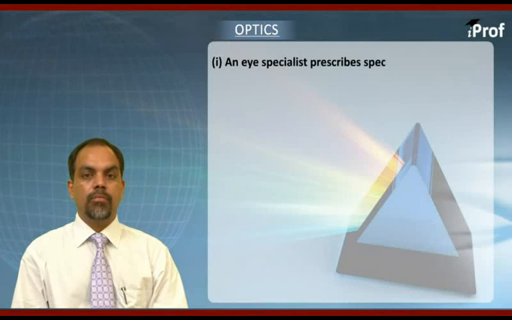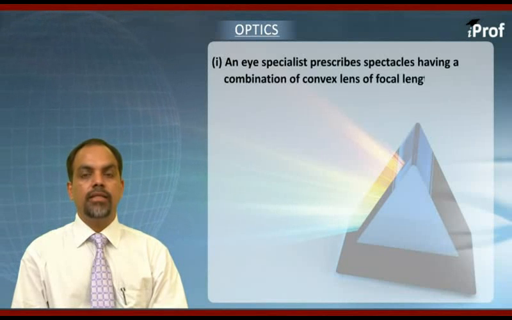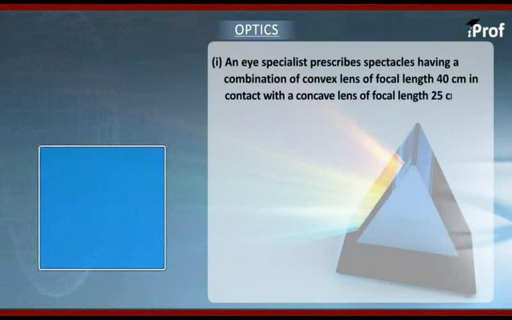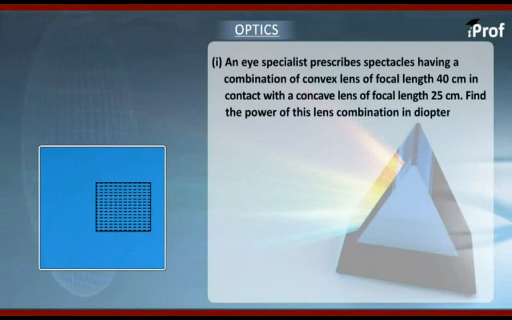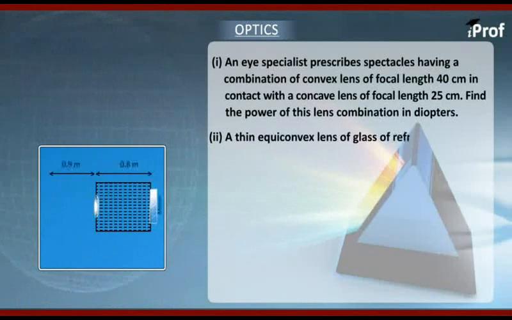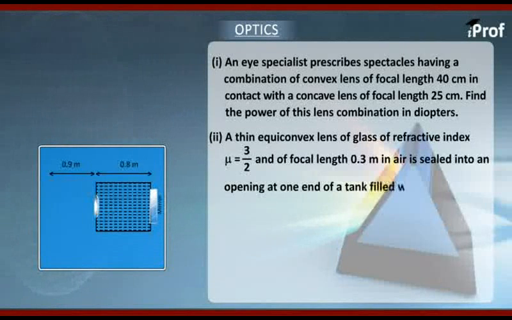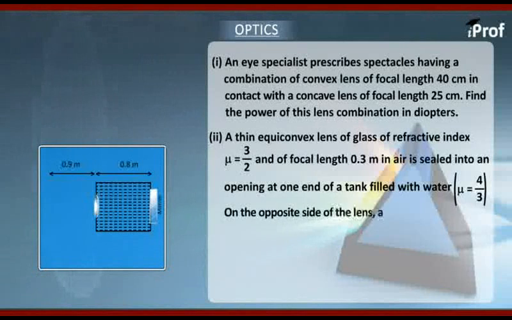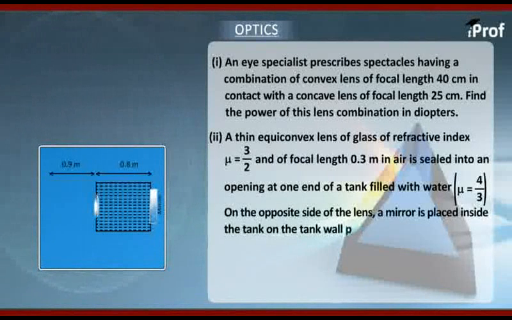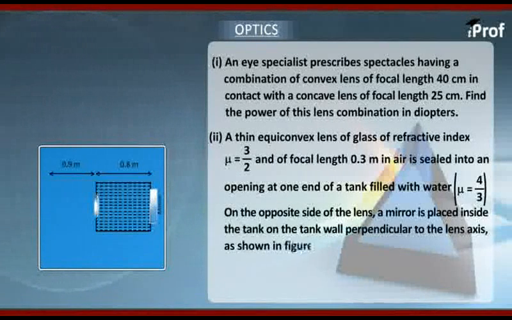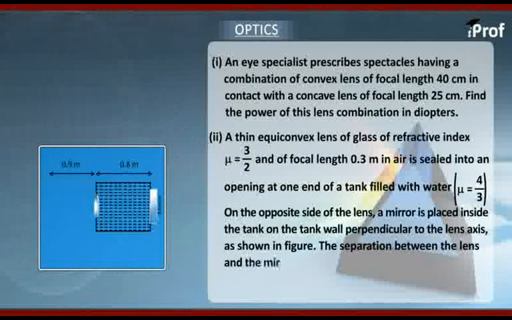Now we take up another problem, and this problem was asked in IIT JEE 96. The relevant ray diagram is shown on the screen. Now we have a slightly complicated optical system. Here the optical system consists of a lens which is sealed into the opening of a tank, and this lens